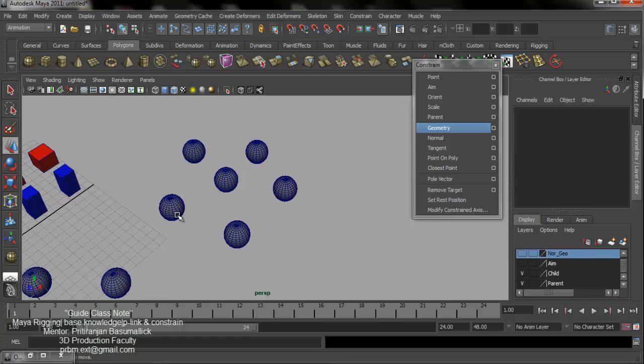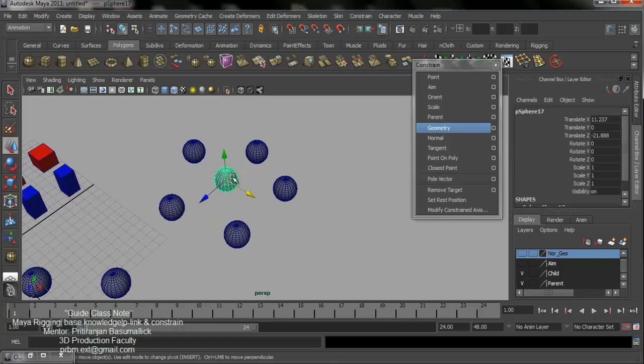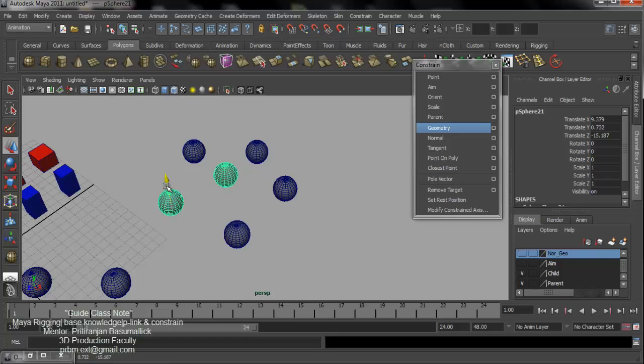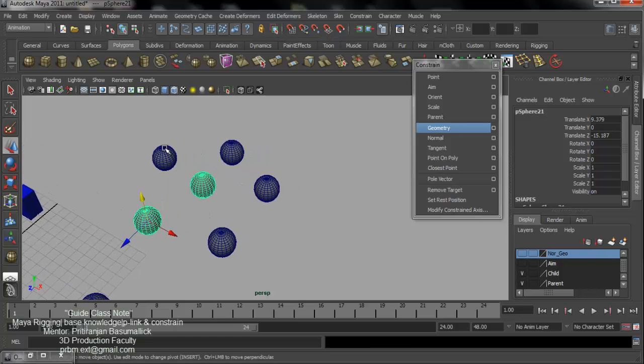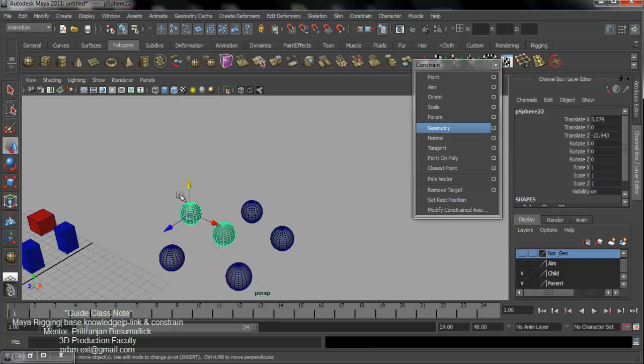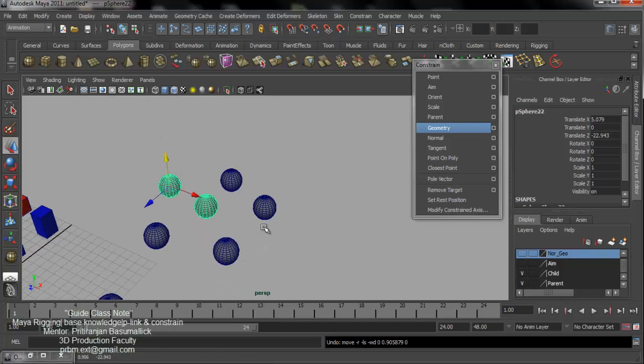So I select this as my child. First of all I select the child, then select my parent, hit P. So now it's parent, it's not an issue. But now I select that child as a child and that one as a parent, so hit P. So what happened? The previous connection is gone, and the last connection is updated as the parent-child link.